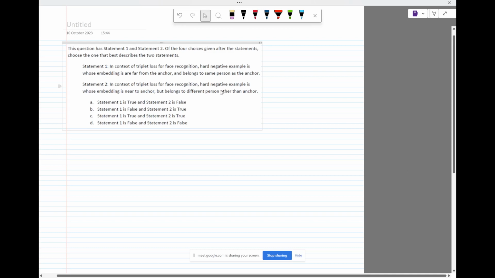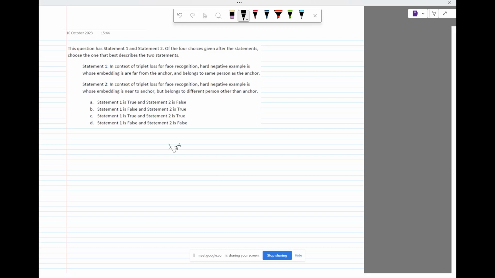So in that FaceNet architecture, you are using a triplet loss function to train your model. This FaceNet architecture, which was discussed in the first lecture of this week, you are using a triplet loss where